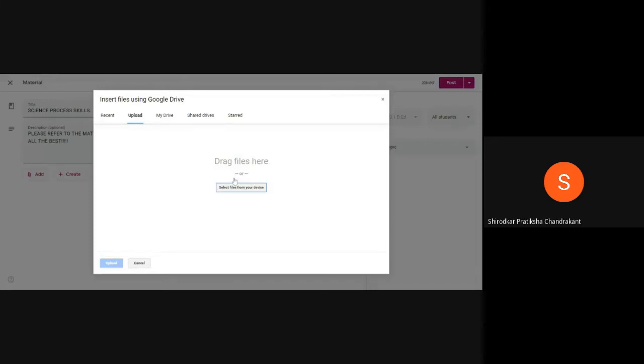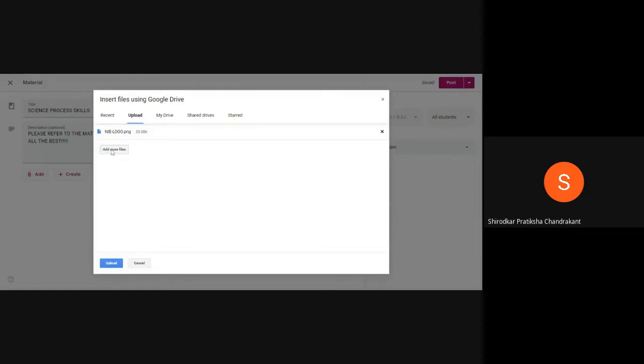So suppose I want to select one file from my computer, like a logo. I'll just take our logo, and I want to share this logo with the students who have already joined my class. So I've just clicked on the logo I've added. Now there is one more option here, Add more files. That means you can add more than one file at a time. So you don't always have to repeat the same steps that we have just followed. You can add more files.